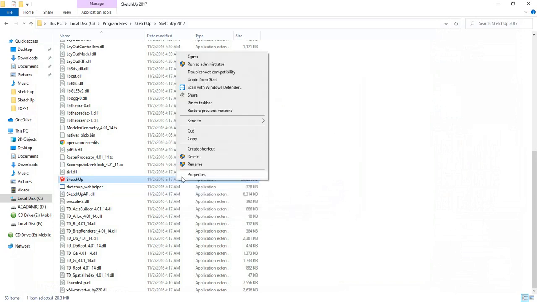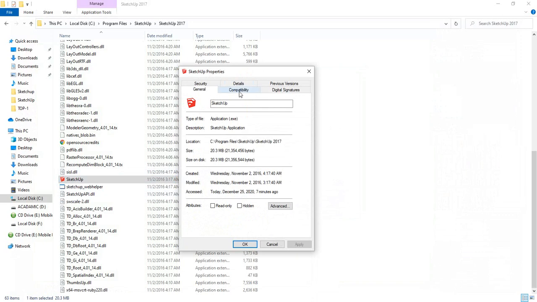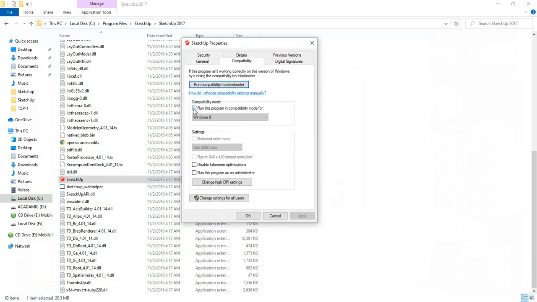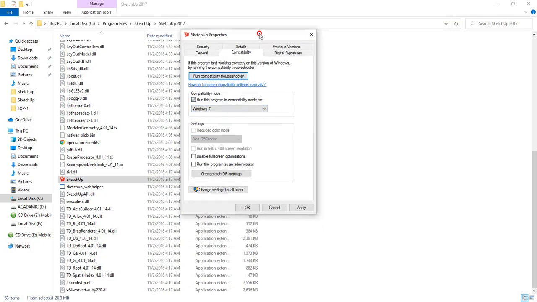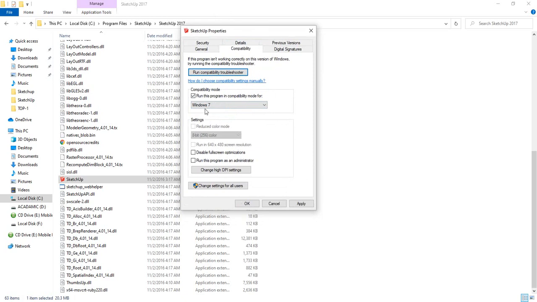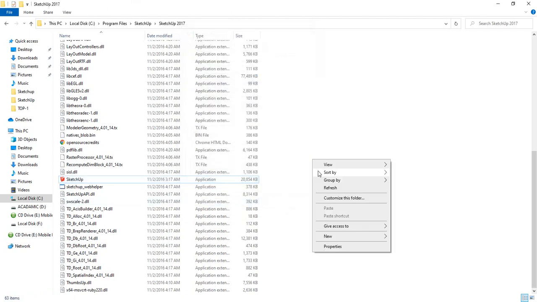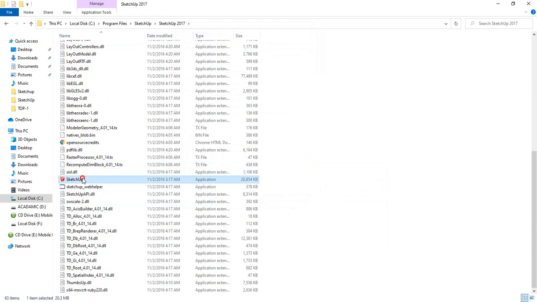Now I'll right click. Actually for your PC this can be okay, but for my PC this is also not okay. Then I'll go to Properties, then go here to Compatibility, and from here run this program in compatibility mode for Windows 7. So when the software opens, it will run in the compatibility mode of Windows 7. Then click Apply, then OK. After that just click SketchUp